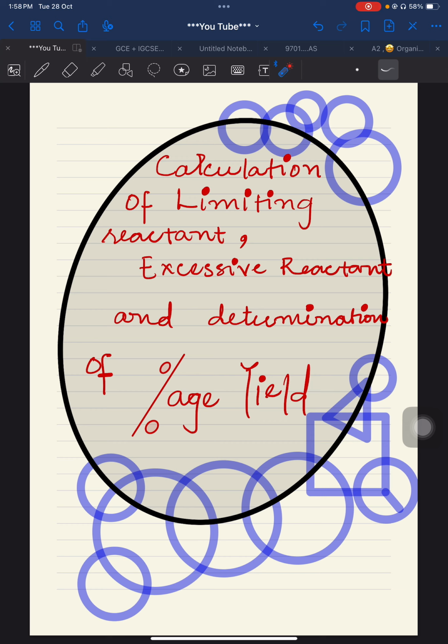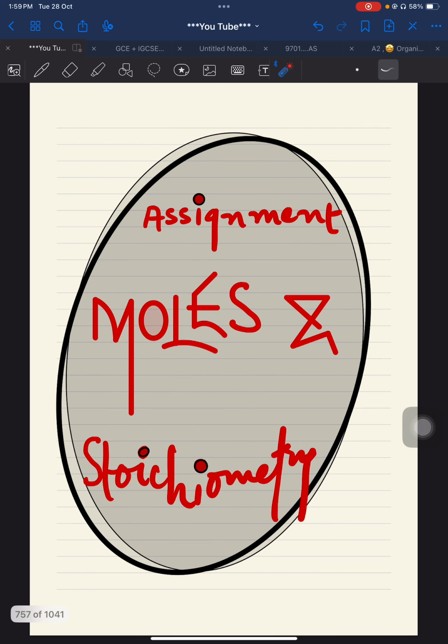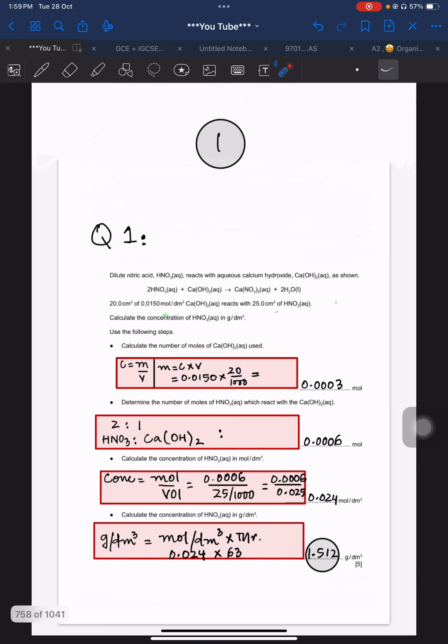Remember that the one which is written in the question is always the obtained, that is the actual one, the experimental one, and the one which we are calculating is the theoretical, the expected one. So it is the actual divided by expected into 100. I will write down the formula as well, so that you people will be able to understand that more properly. Right now, I am solving one question of a past paper. In this way, you will be clearer about this.